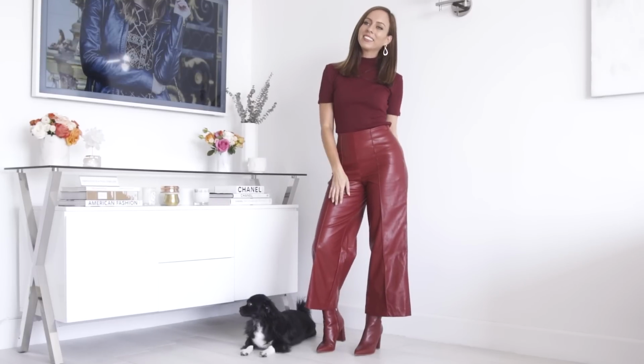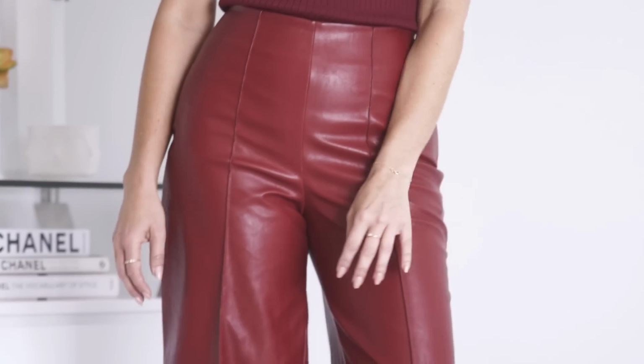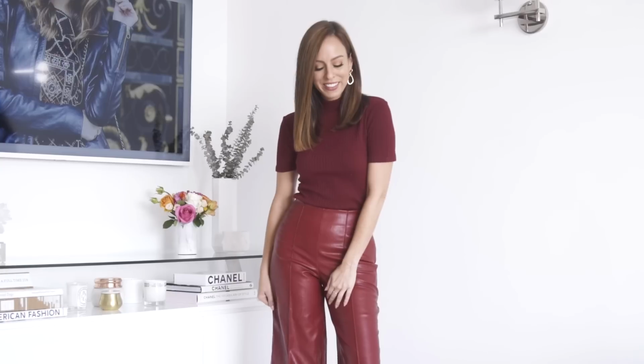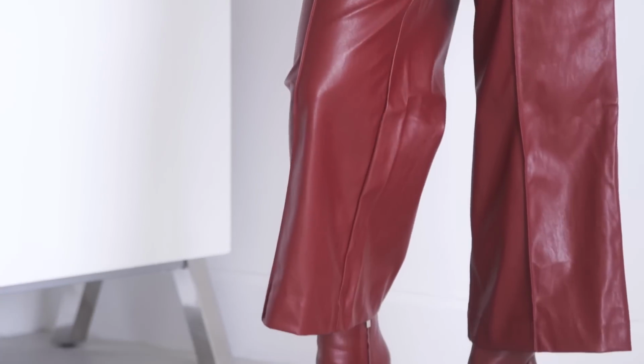So I went for a deep wine, which is a big trend this season, and you'll notice that these are a cropped pant. So it's something different than your leggings, so it's fun to add in more of a mix. So for the first look, I went monochromatic, which means wearing one color from head to toe, and this is really lengthening. So if you're shorty like me, I'm only 5'3" and a half, it makes you look a lot taller. So I did a turtleneck in a matching color,